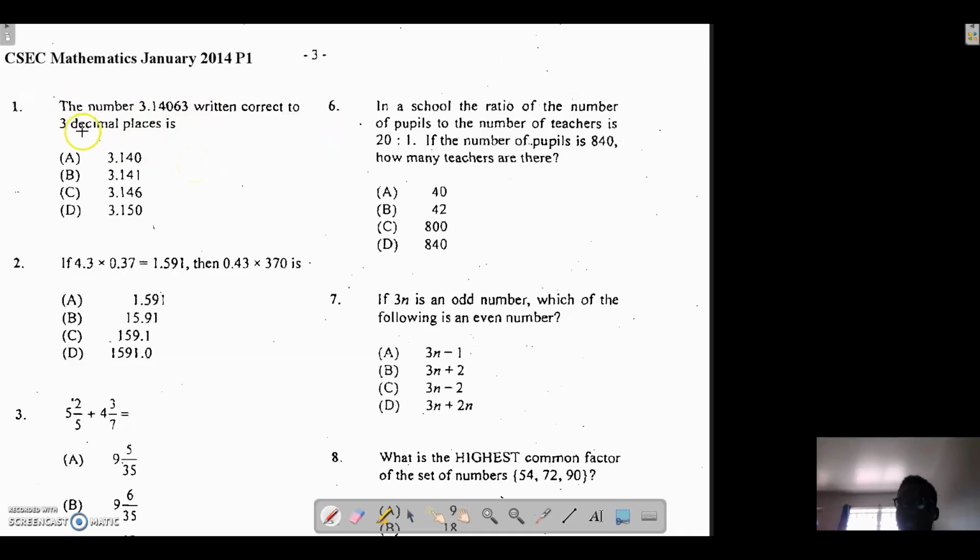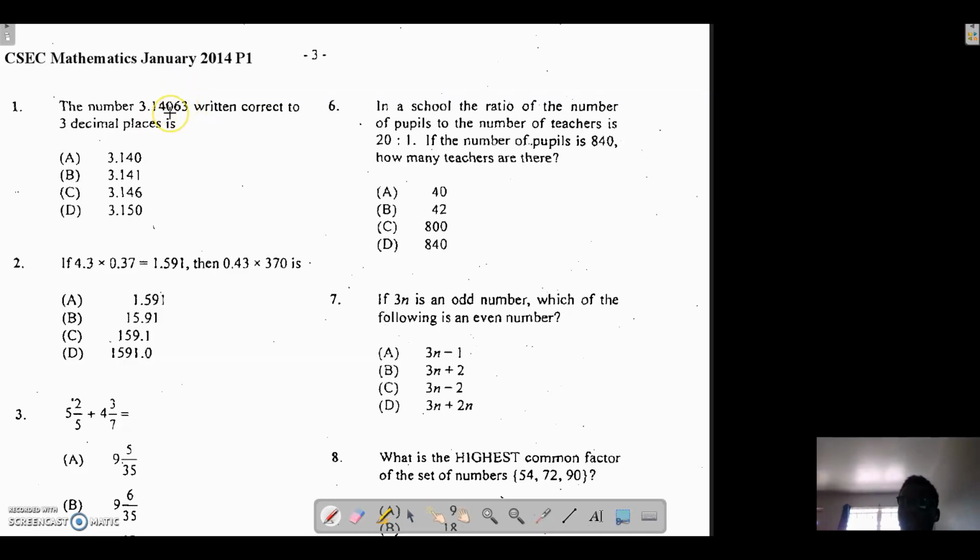Now when it says 3 decimal places, that's a critical part of the question. It is referring to 3 places after the decimal point. So in the first position is 1. The second position is 4, and the third position is 0. Now, these would be my 3 decimal places, but I can't just leave it like that. I have to look at the digit that comes after the third decimal place, which is 6, which means that